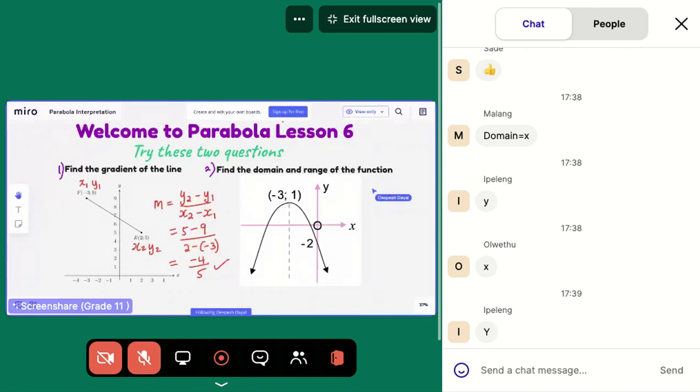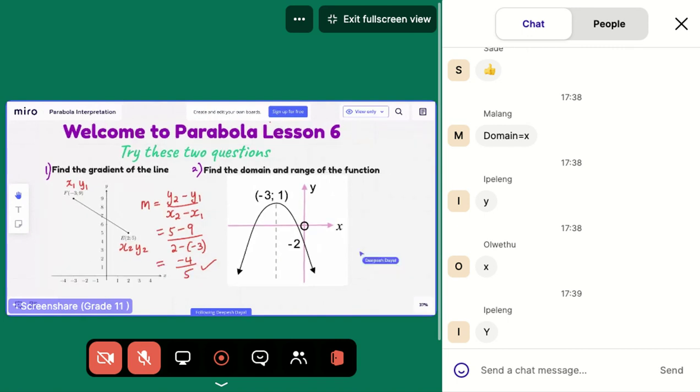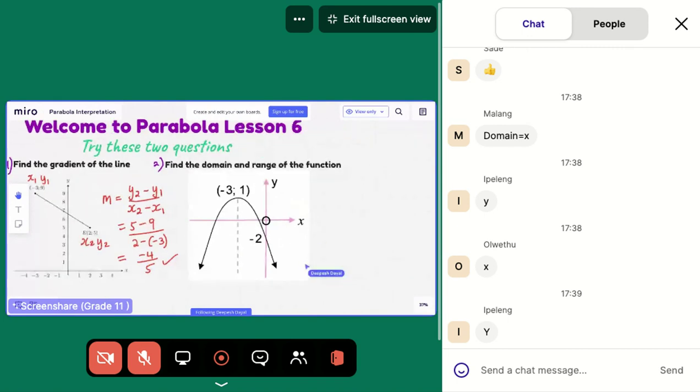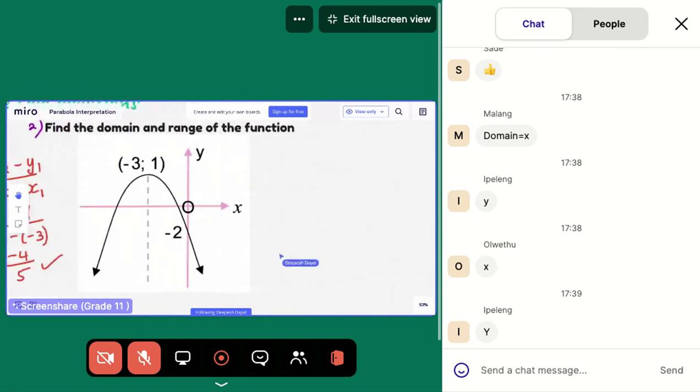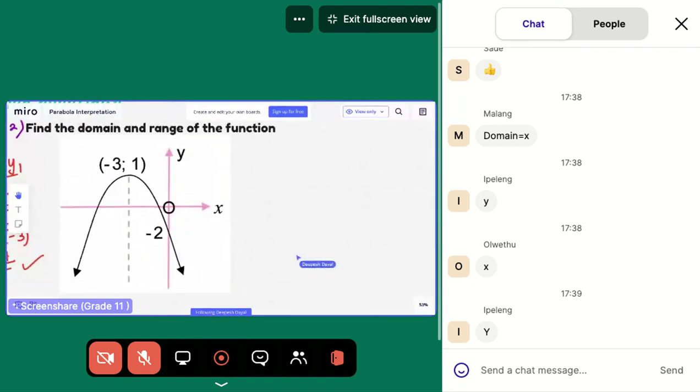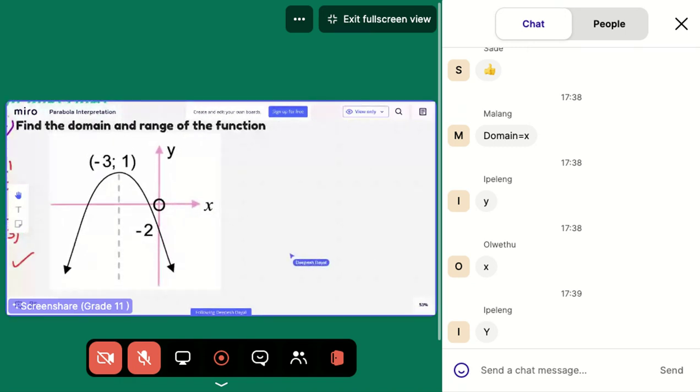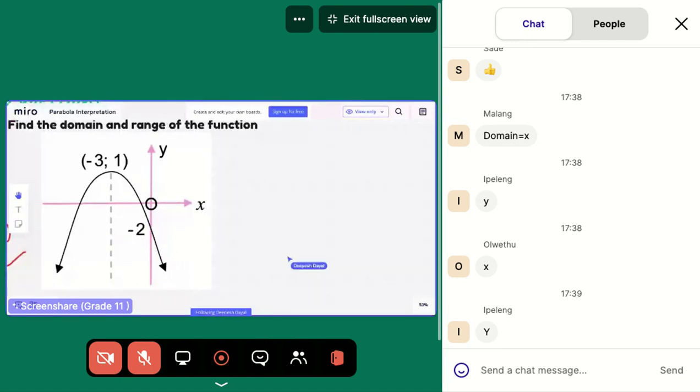Now, what we can see here, I'm actually going to just move this here so we can see it better. The domain is X, right? So we want to know what X values this particular diagram can be valid for. It can be any X values because the graph goes positive and negative, any values, right? So the domain